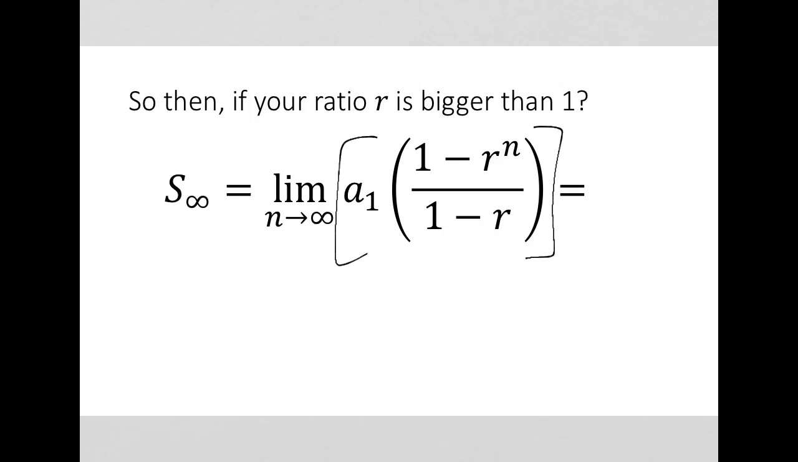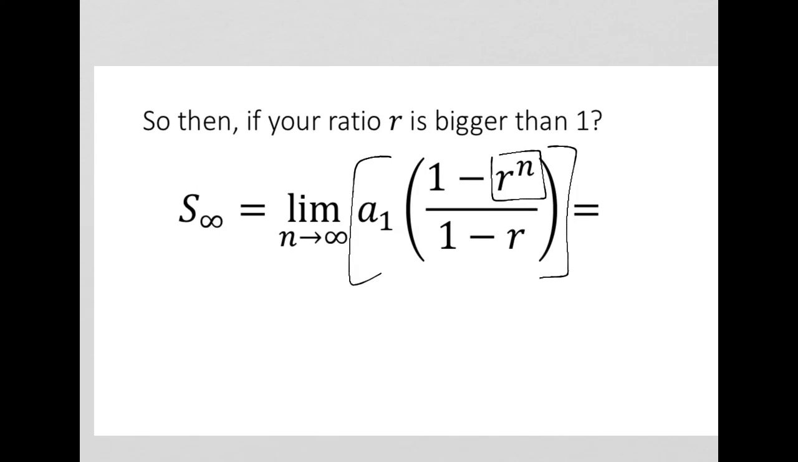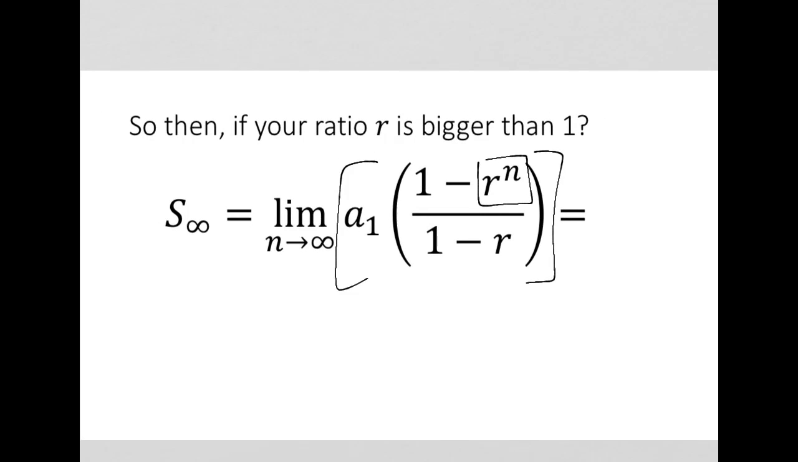If you notice, as n goes to infinity, the only term with an n is this r sub n. So if r is greater than 1, then r sub n will go to infinity, which means in that numerator we're going to have 1 minus infinity, essentially, over 1 minus some positive r that's greater than 1. Well, the numerator is going to go to negative infinity. The denominator is going to be a negative number because r is bigger than 1, so those negatives will cancel